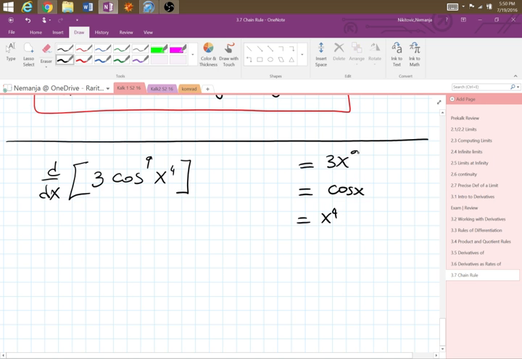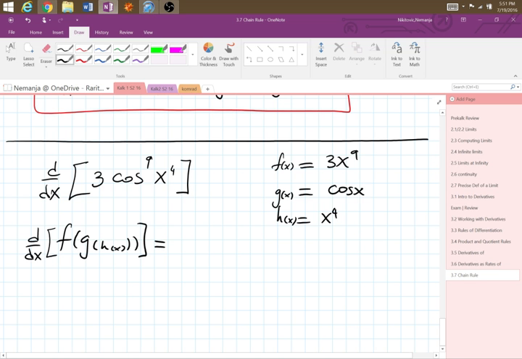3x to the 9. Nice. Now this 3, as I said, could go in front of the derivative, so 3 doesn't have to be there if you don't want it. So that's f of x, g of x, h of x. So this is going to have now a little modified formula. If I'm supposed to find the derivative of a triple like this, which is f of g of h of x,